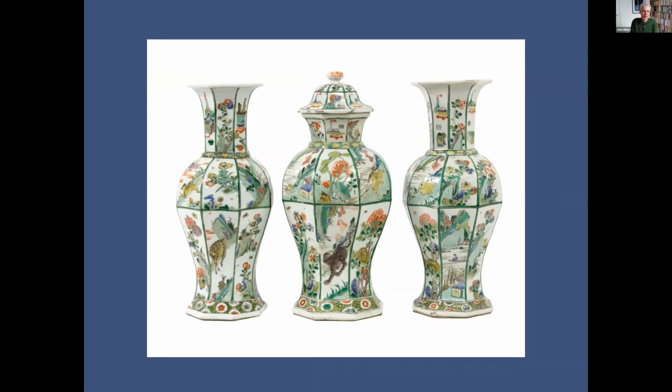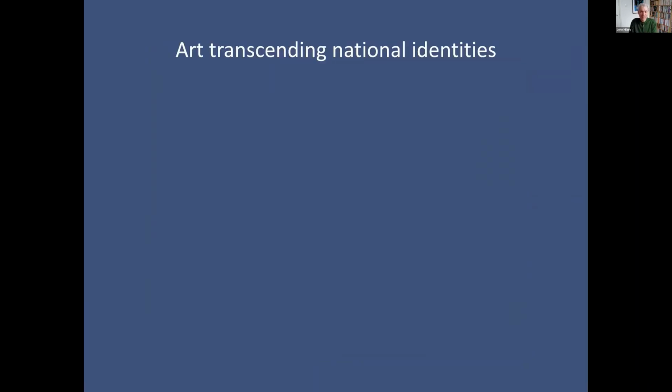And when you look through the collection, it's really that which leads you as the greatest impression. So my final slide is to try to draw from this just some of the conclusions as to how art and the collecting of art in this respect interfaces with the idea of their national identities. Because the Hirsch family